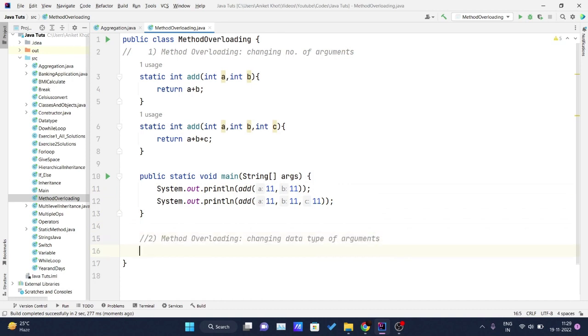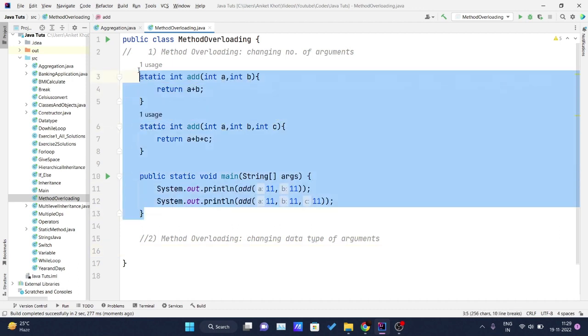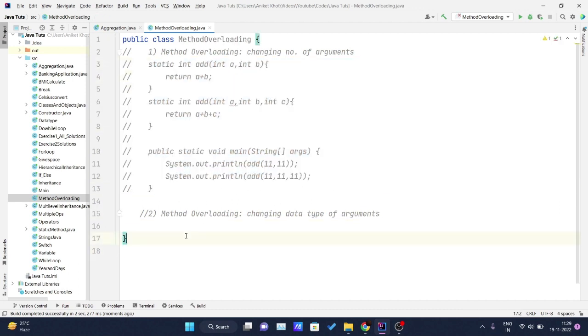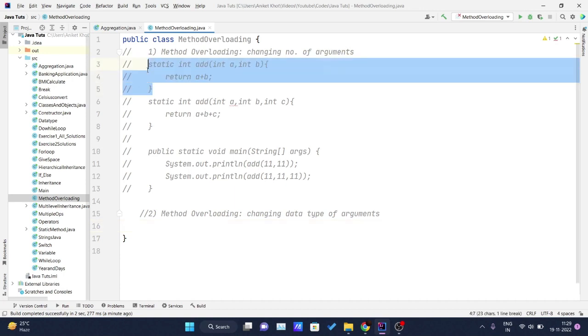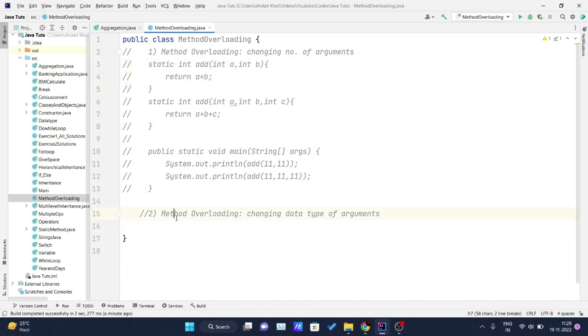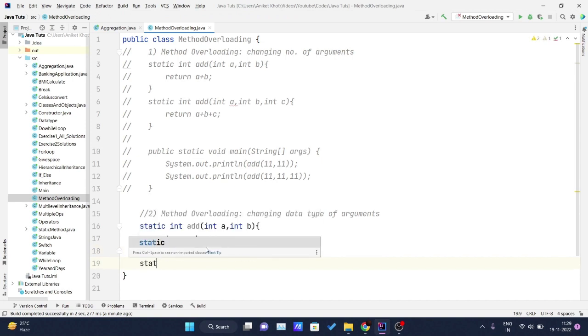Okay, so now let me comment this out. Now I will again have to declare one int method. I will copy this and paste it over here, and let me uncomment it. One add method is there which is returning the addition of two numbers a and b, and one another method is there named as static